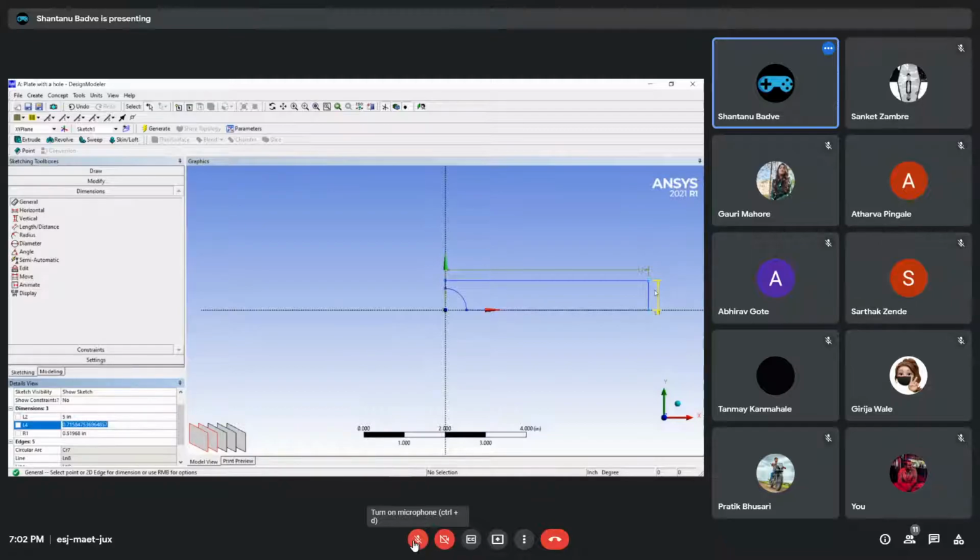Then this thing over here, this is the width. The width is actually 5 inches, but we have drawn half of it, so we only need 2.5 inches. So we will enter 2.5 in here. If you can just see, I am actually entering these dimensions in the bottom left over here. Okay. And then there is this r1, which is nothing but the radius of the circle. Now the radius is what? The diameter we know, it is 0.5. The radius would be 0.25. So we will just enter that 0.25.